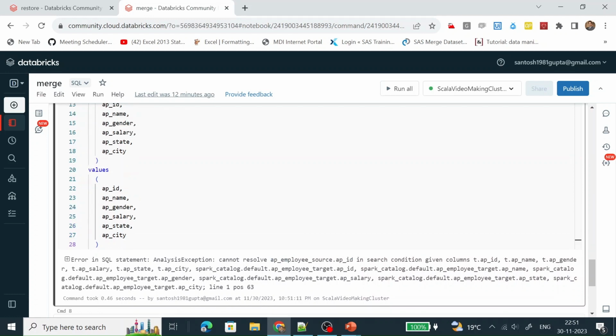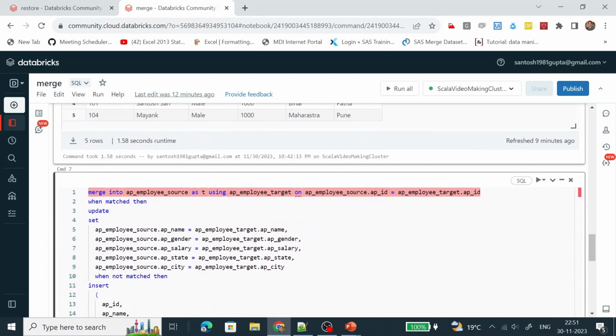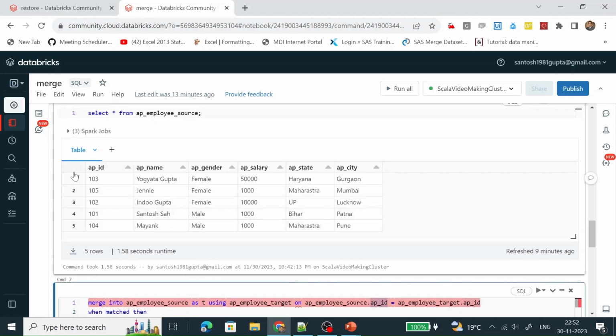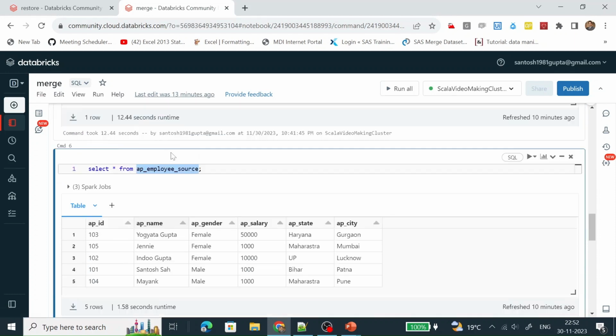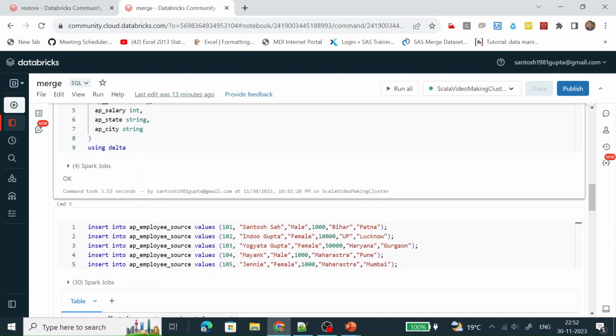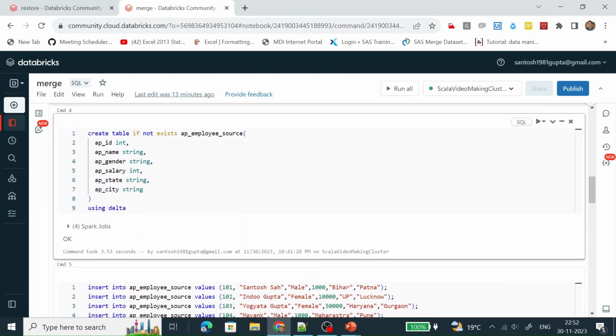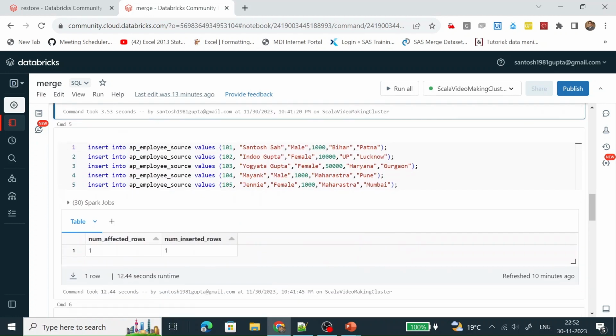Okay, let me see AP source here. AP source dot AP ID. It is not getting resolved. This table is not available in the source. AP ID, it is there. So AP ID, this is the source table. This is the AP ID. Why is it not resolving?